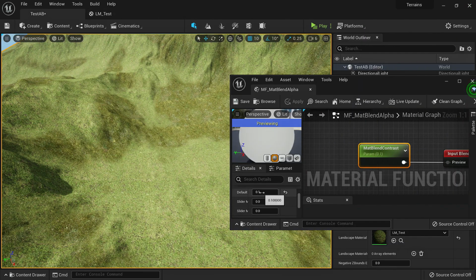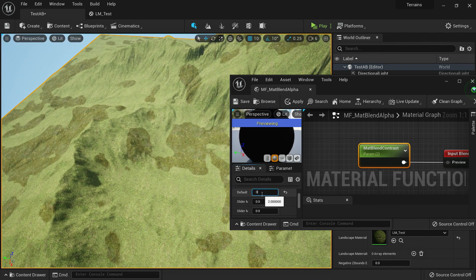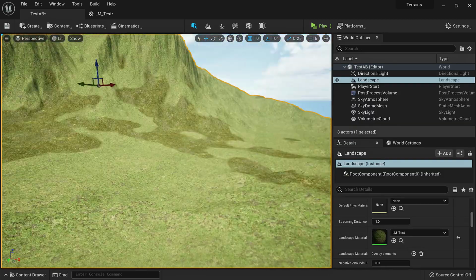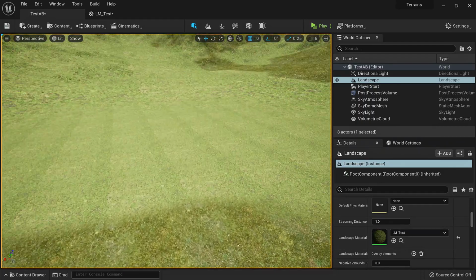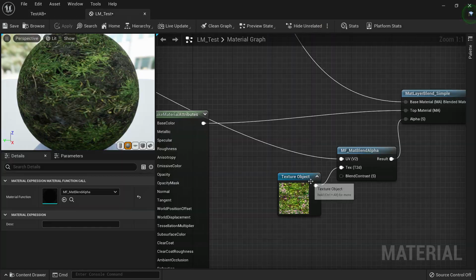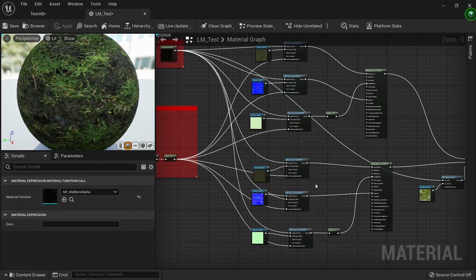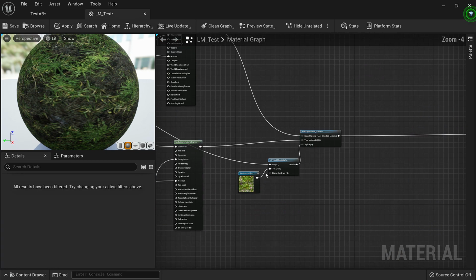Now if you were to change the contrast from 0.1 to, let's say, 1, you can see the contrast of our texture changing here. So let's just leave it at 1 for now. You can see that there is no tiling close to us, and no tiling far from us, but there is a little bit of tiling in the middle distances. So we would solve that with the texture variations. We would want to add texture variation after all of this is done, so that it is applied the same for both of the textures.